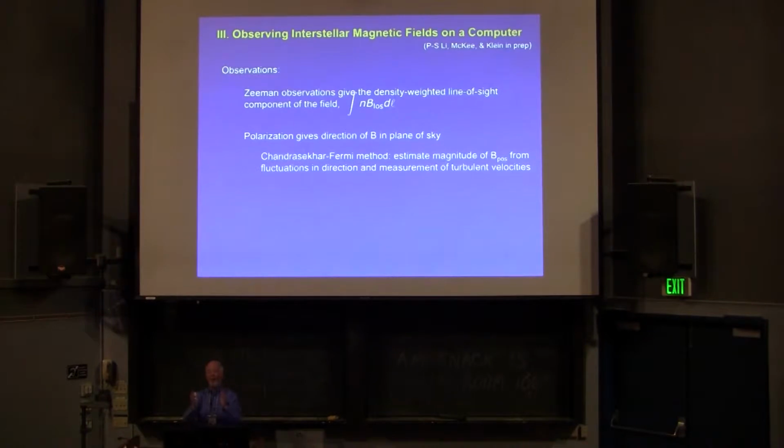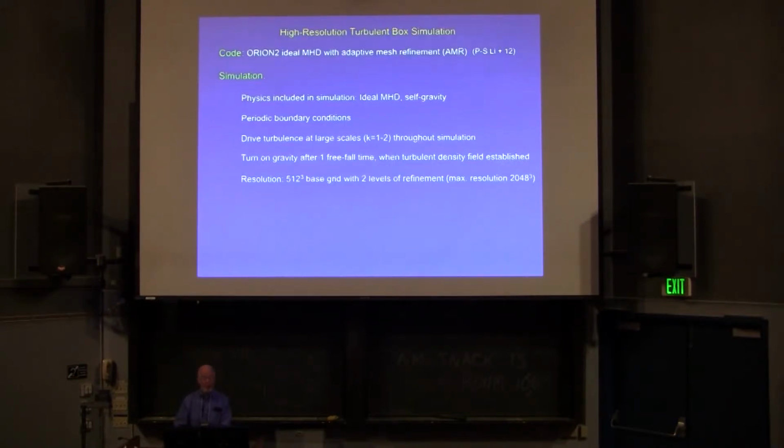So if I have a very low Alfvén Mach number, that is very low velocities, then I'm going to be very close to this uniform field case. I'm not going to have fluctuations. If I have a very high Alfvén Mach number, that means the magnetic field is weak, and I'm going to get random orientations. So that was worked out by Chandrasekhar and Fermi more than half a century ago. The advantage, of course, of doing numerical simulations is that we get the full 3D field. So rather than trying to infer it from these two different observations, I should say generally these observations are not available for the same sources. So you have some sources where they've done Chandrasekhar and Fermi and some where they've done the Zeeman.